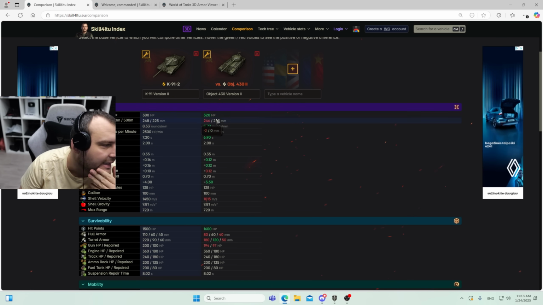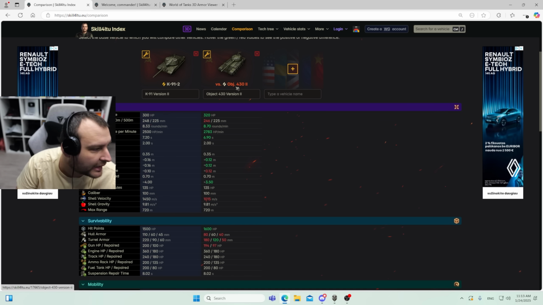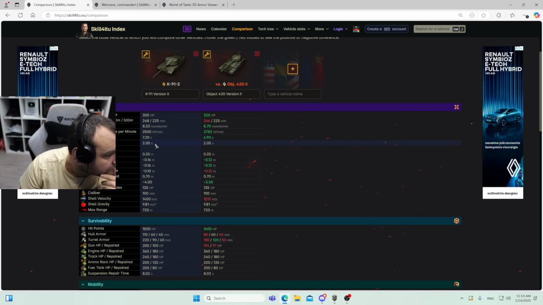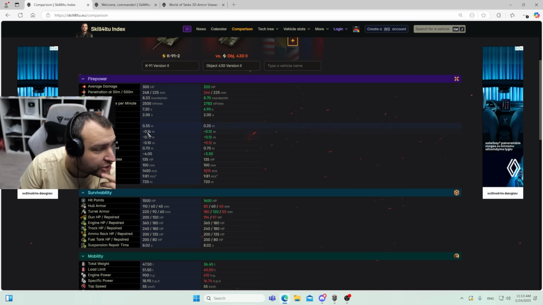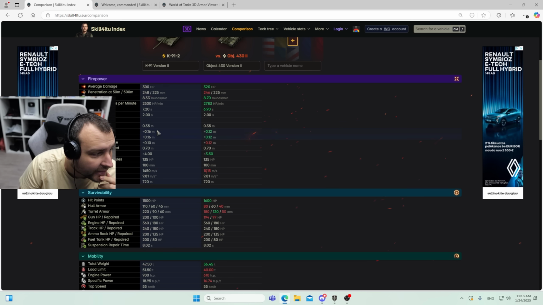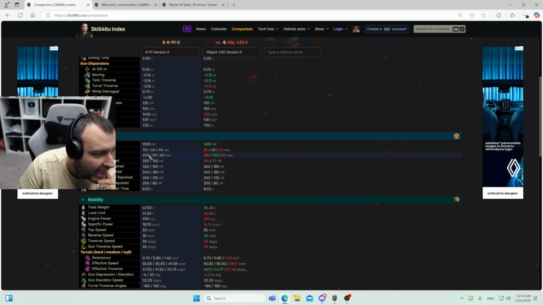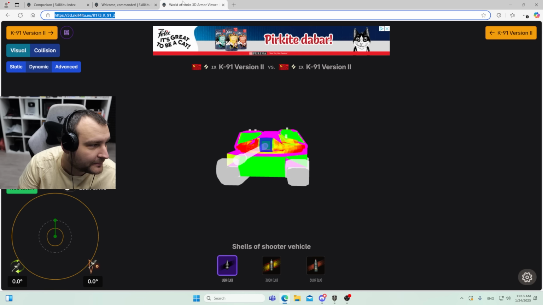300 alpha damage. Instantly I'm comparing this tank against Object 432, which is in my opinion a pile of crap, right? Lower DPM than Object. Same aim time like Object. Worse gun handling whenever you are moving and whenever you are traversing the tank, but a tiny touch better gun handling whenever you are moving the turret. Overall, no hit points. Armor on the paper looks okay, 220 with the slopes, but